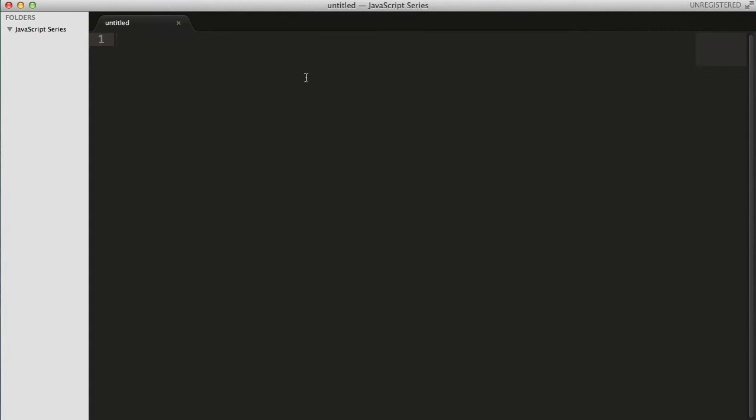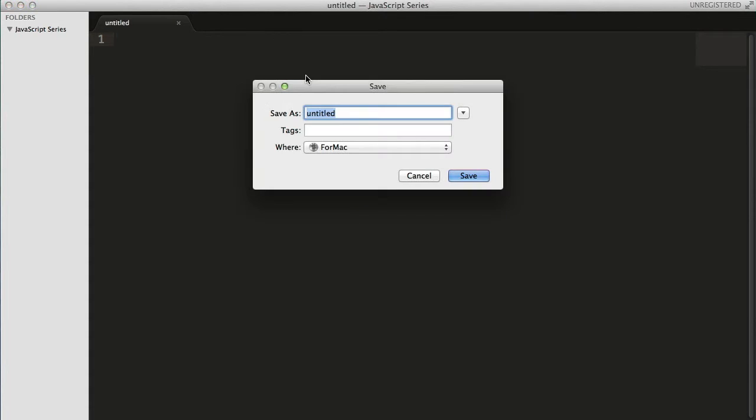Now, if you're not using Sublime Text, it doesn't matter. You can still use any kind of text editor or any other IDEs or advanced text editors. I believe you can see everything in this, or else I'll just increase the font size. Now, the first thing is we're going to create an HTML file which is going to act as an index file for us. So let me save it,